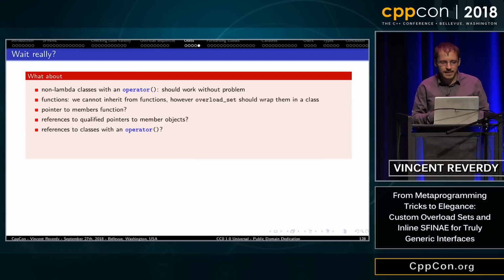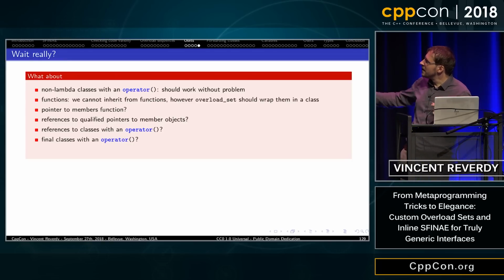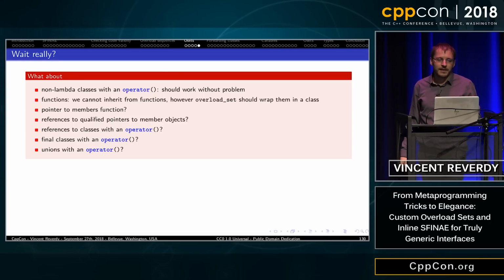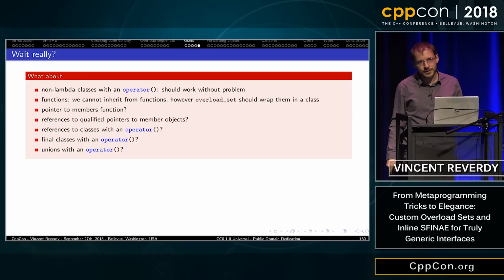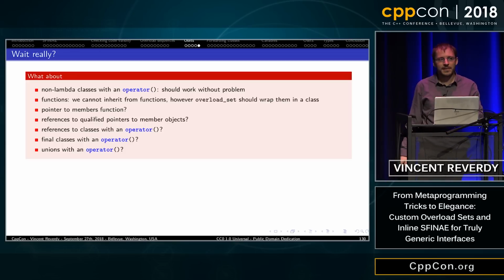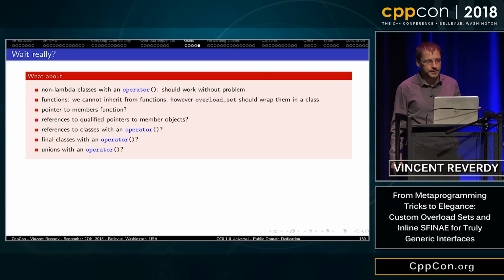Reference to classes, so with an operator parenthesis. Final classes with an operator parenthesis. So the thing on final classes is that I cannot inherit from them. And what about unions with an operator parenthesis? All these types are invocable, but apart from the first one, the others won't work with the trick I used.